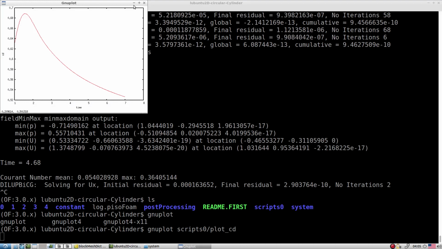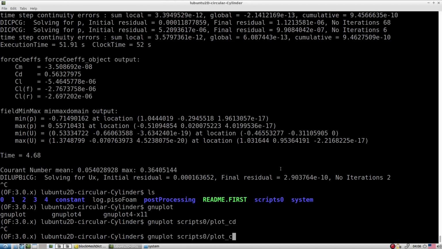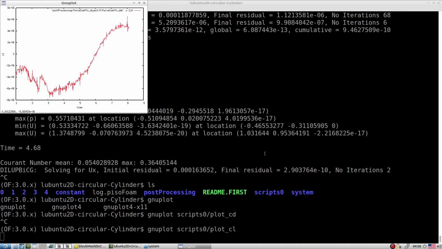It has not started unsteadiness. Let's see the CL value. It is yet to start. Maybe after 25 or so it is going to start the unsteadiness.